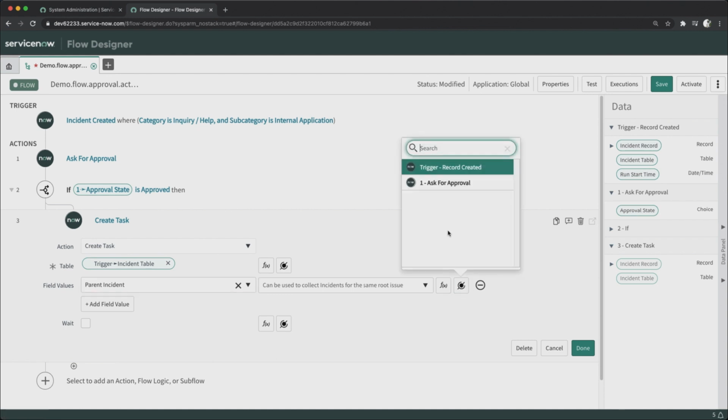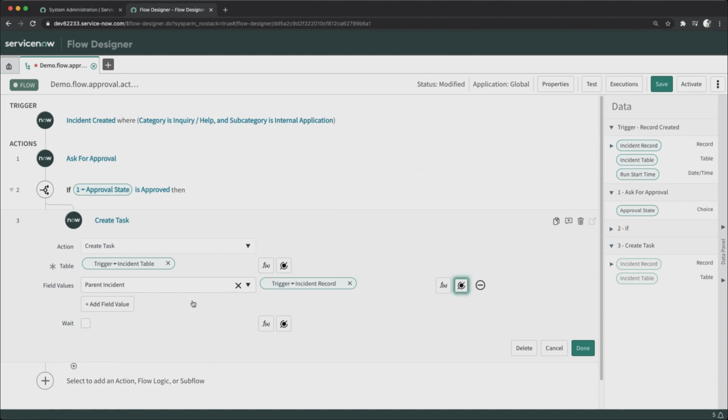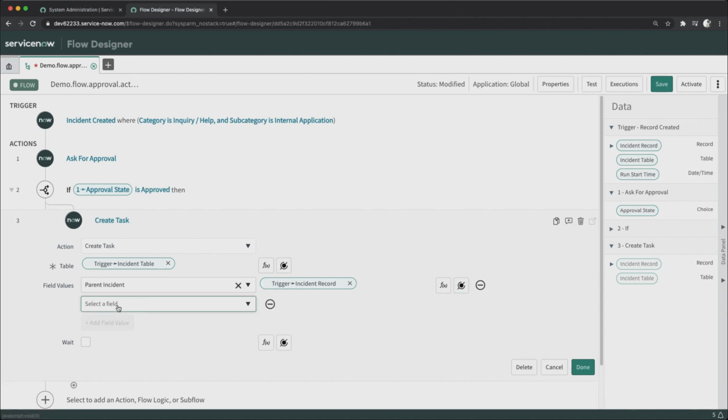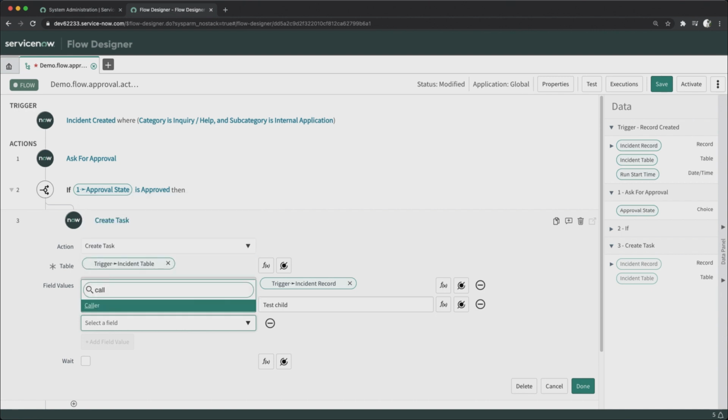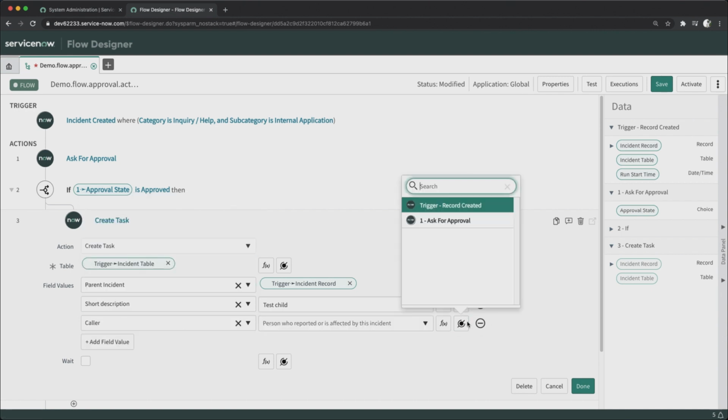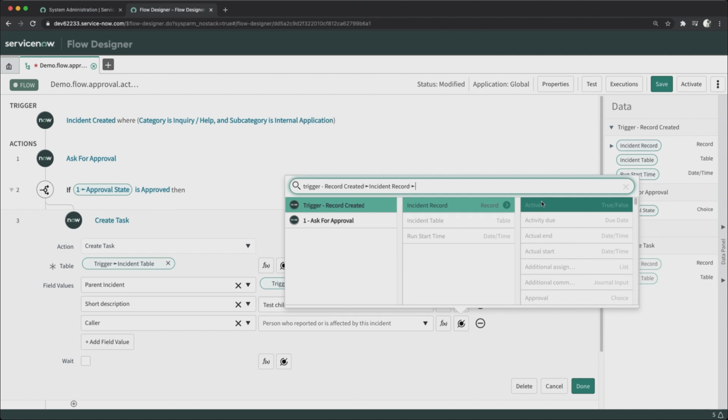So here I can put this one. I'm going to create a child incident overall, and I can provide a short description. Short description is "test child," and then I can put the caller, and I can also copy the caller as well